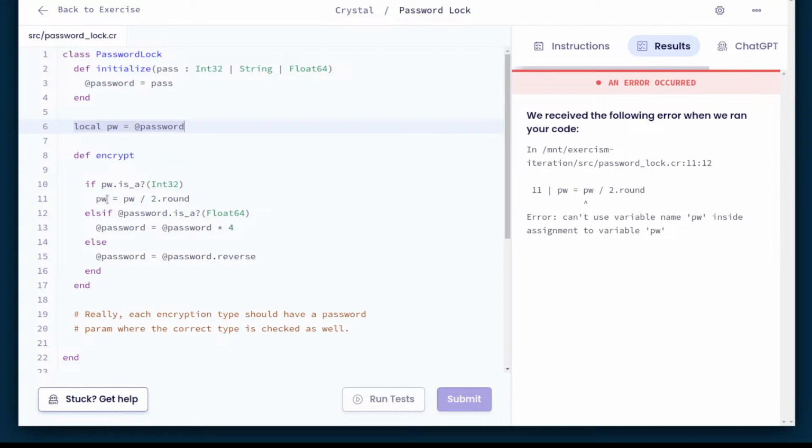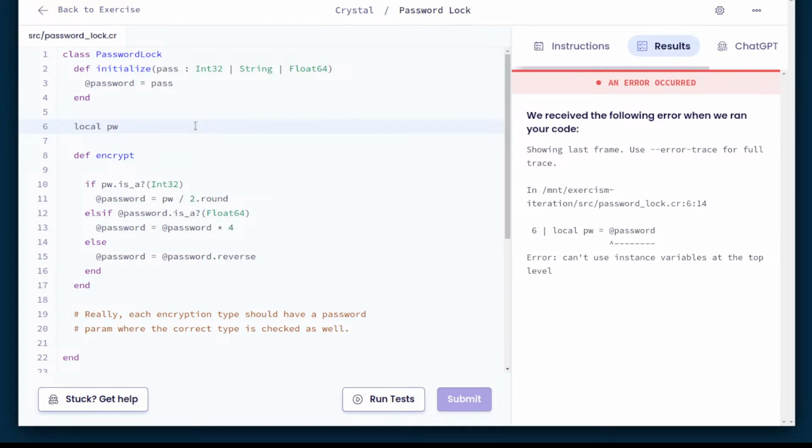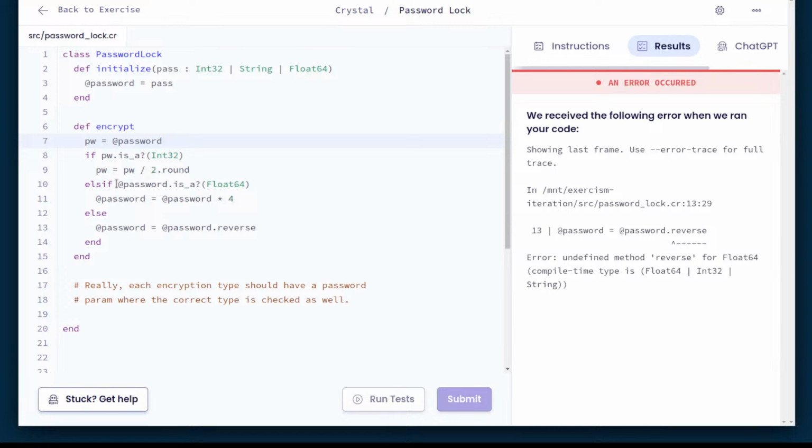Can't use instance variable at the top level. Yeah. Local PW equals... well, let me go back. Let me just not call it local. Local good old variable, PW equals password. I made it to the next if. So PW is password. If password is a Int32, PW equals PW divided by 2. Else if,